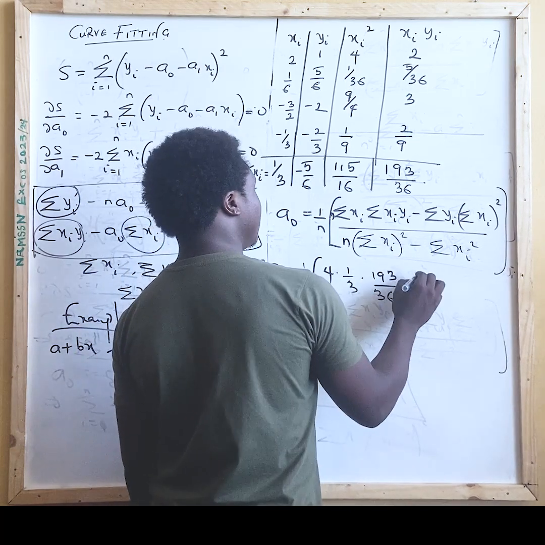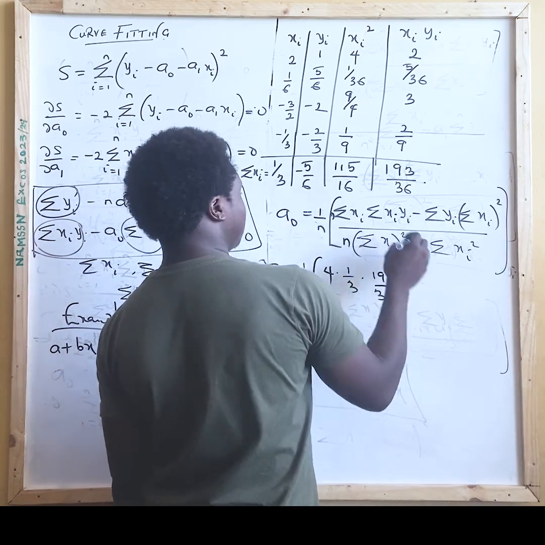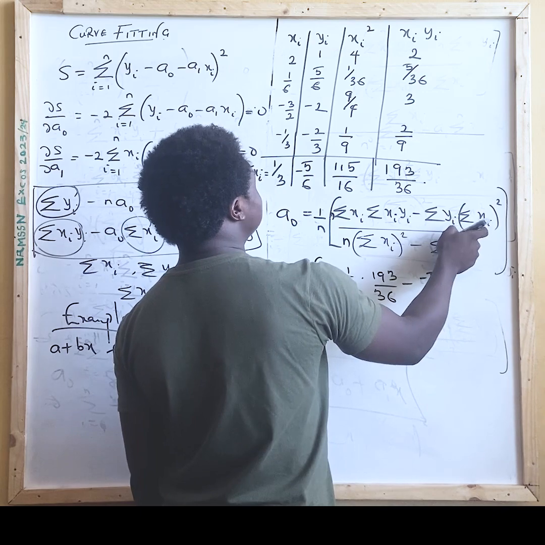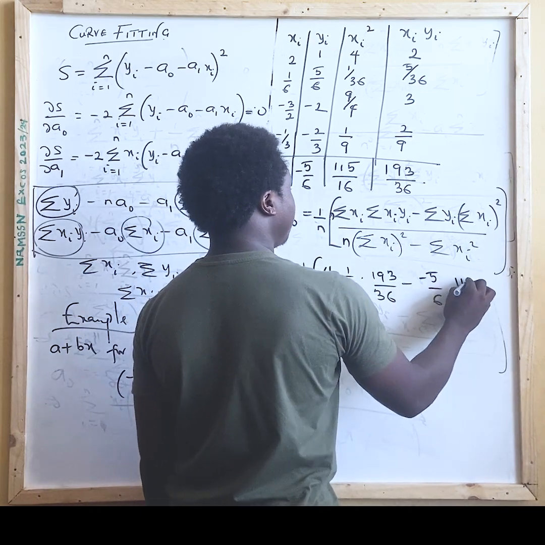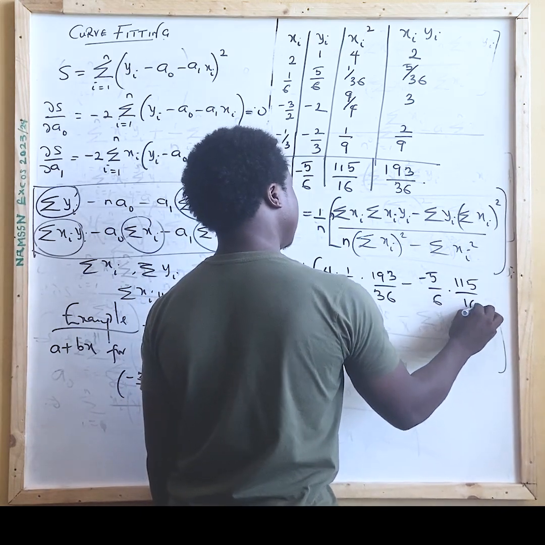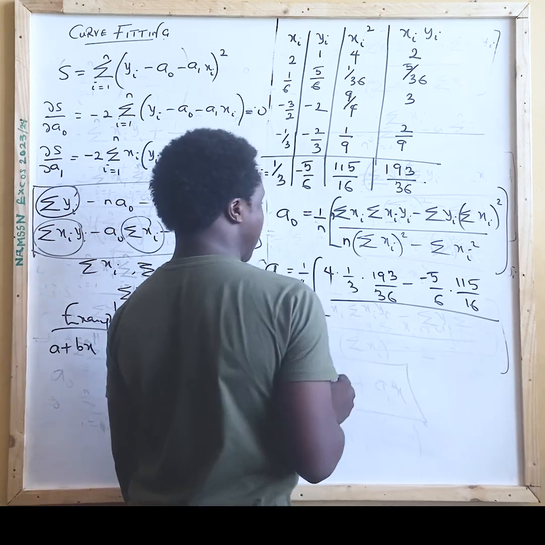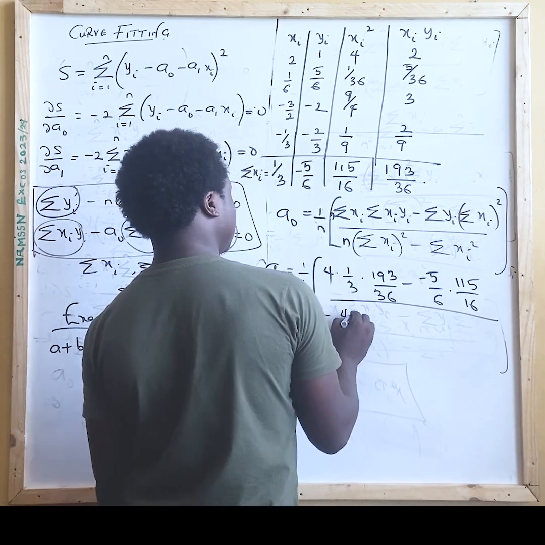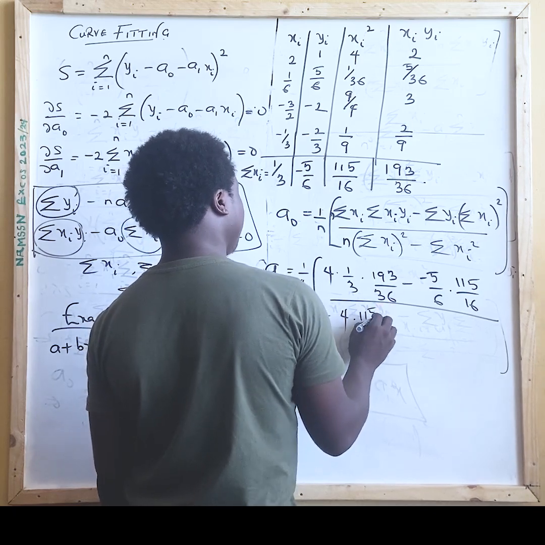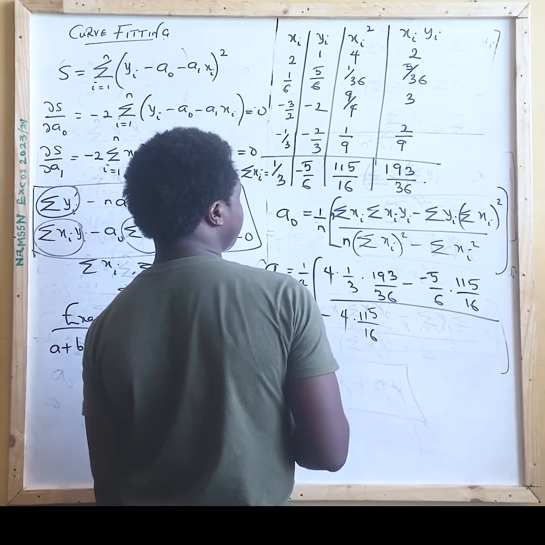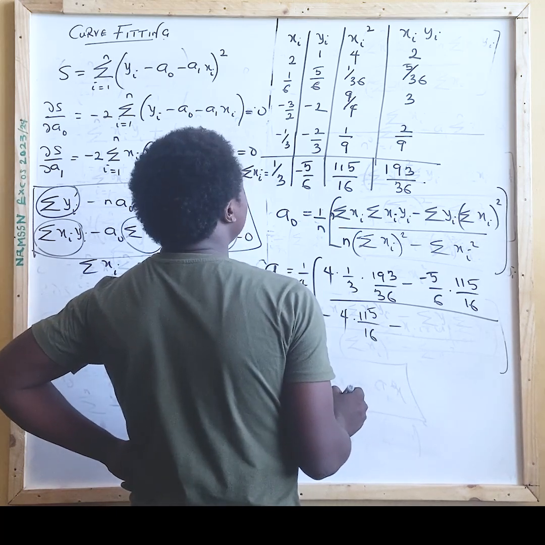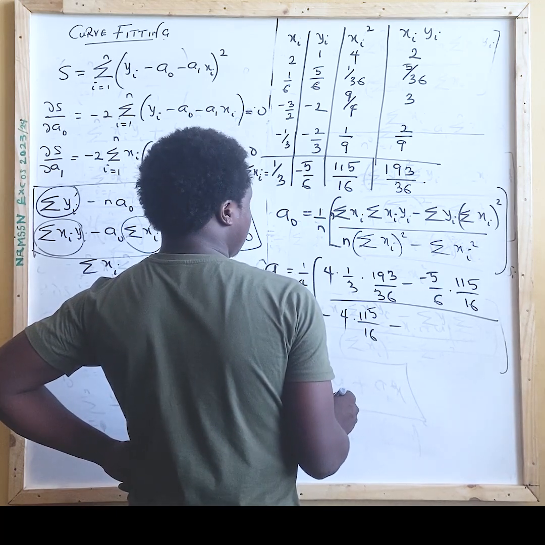Minus summation yi, which is minus 5 over 6, times summation xi square, 115 over 16, over our n again, which is 4. Summation xi square is 115 over 16